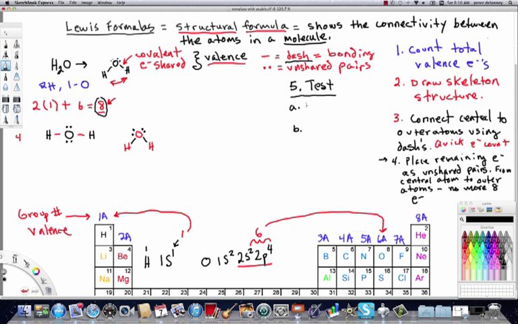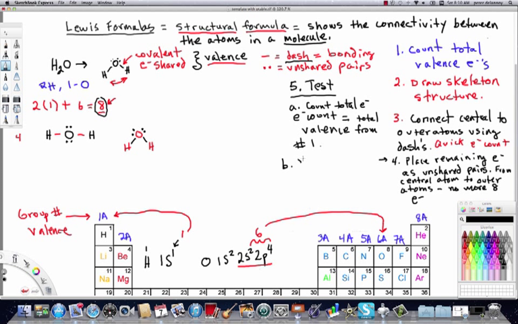The first thing is to count total electrons. The electron count has to equal the total valence electrons from number 1. And then part B,